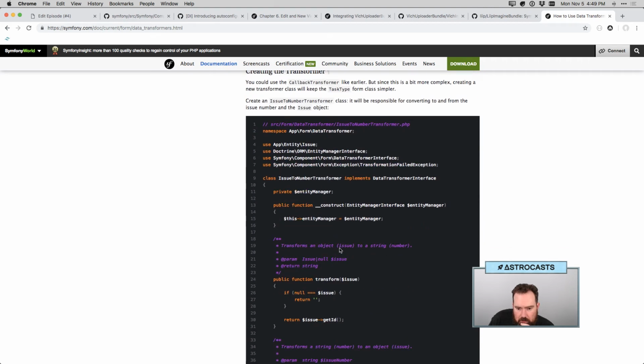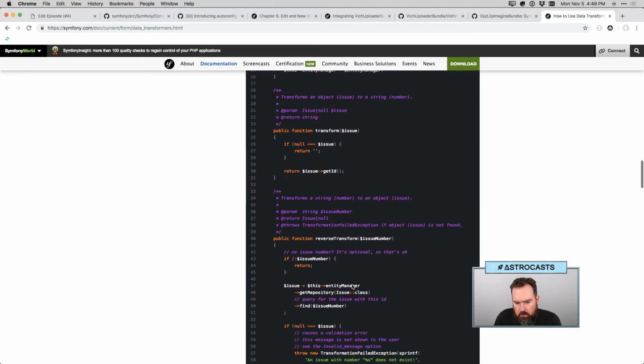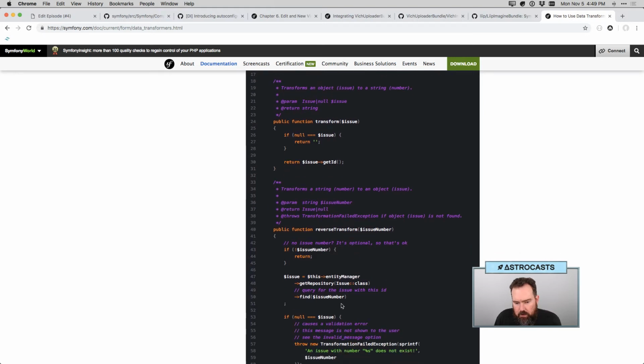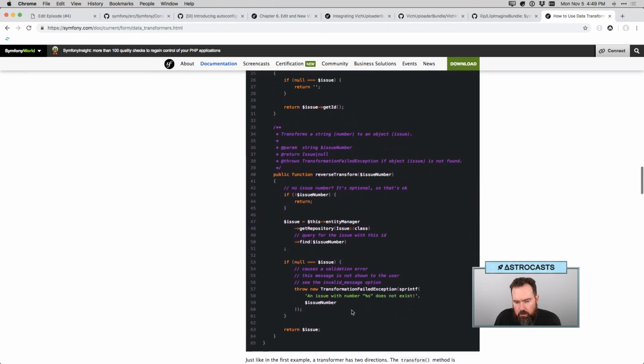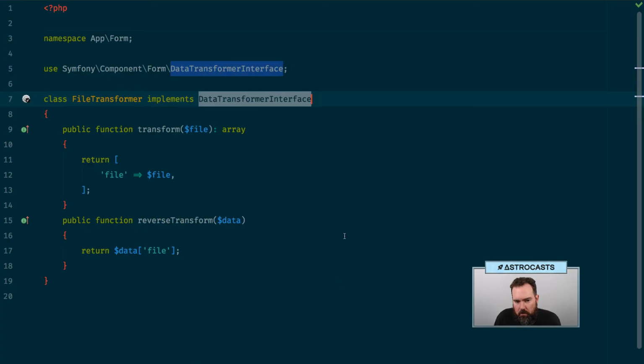Transformer an object to a string. All right, so this is return this entity manager, find the number. So I think what happens here